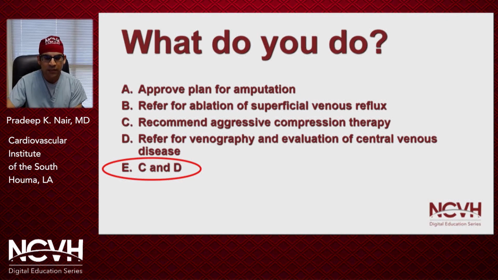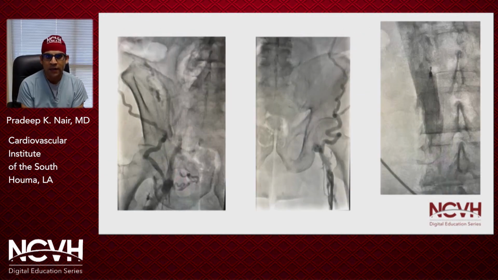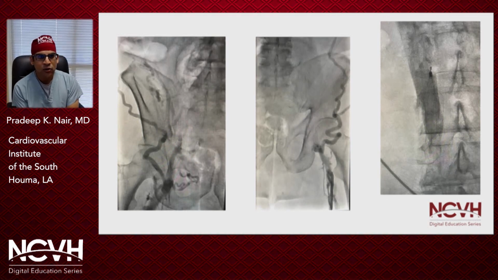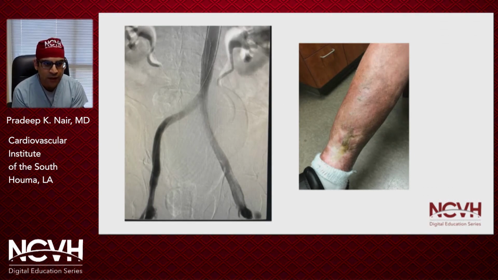We strongly suspected he had central vein occlusion from chronic venous disease, and that's indeed what he had. You can see the large collaterals filling, and he had essentially chronic occlusive closure of his iliac veins. And we were surprised to find an IVC filter in there, but luckily it was not fully thrombosed, and we were able to pull it out with a little bit of pressure. And then we were able to open up the veins with stenting and heal his ulcer.